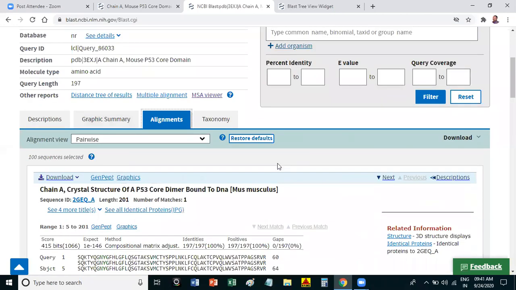So this is about your protein BLAST, which tells you about the similarity index between sequences. The same thing will be used for making protein structure.